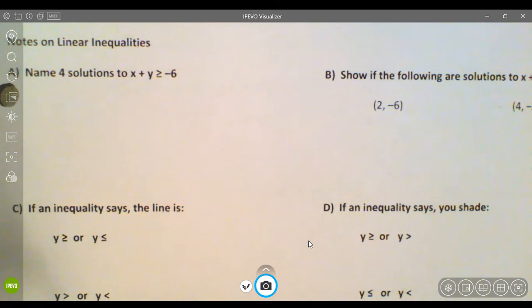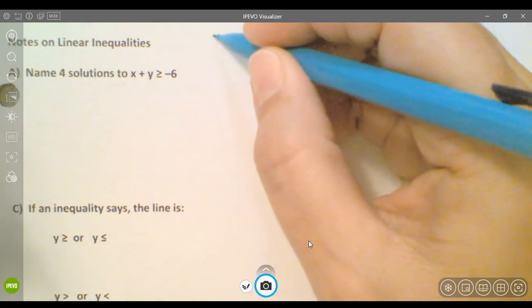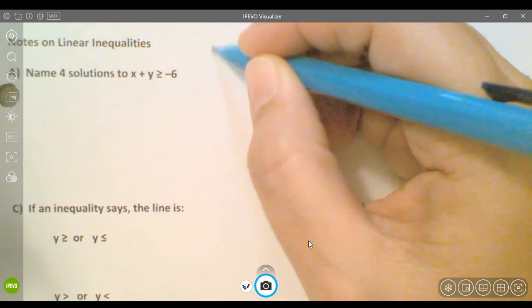Okay, so we talked about graphing lines where we said we had to look for a slope and a y-intercept. And what a line does is it plots all the points, or it shows you every single point. It's an infinite set of points that satisfy a given equation. So when we talked about lines, you had something happen